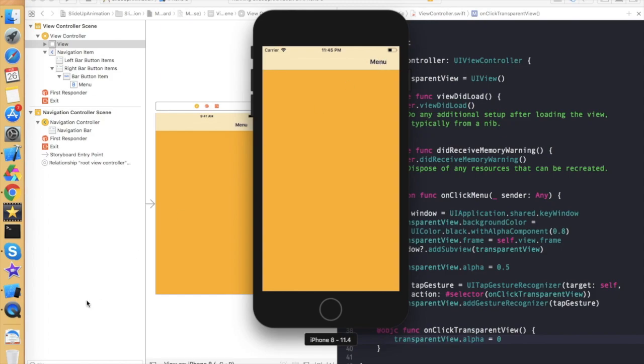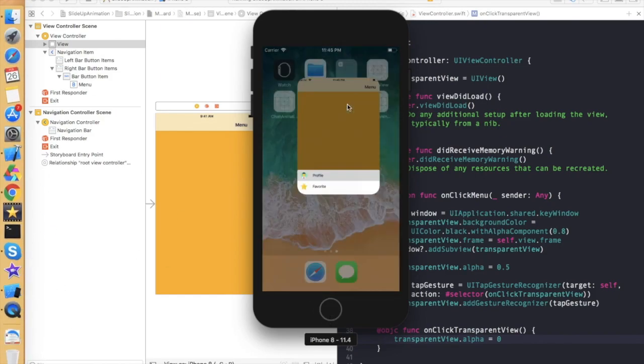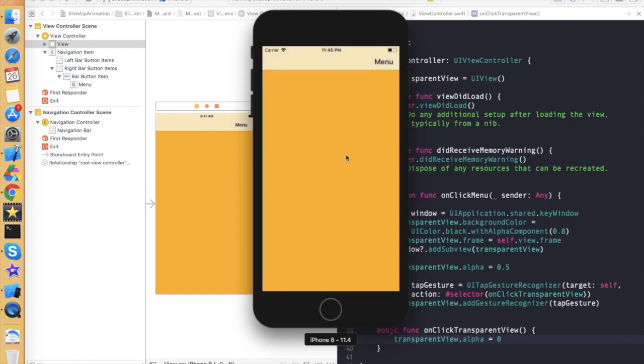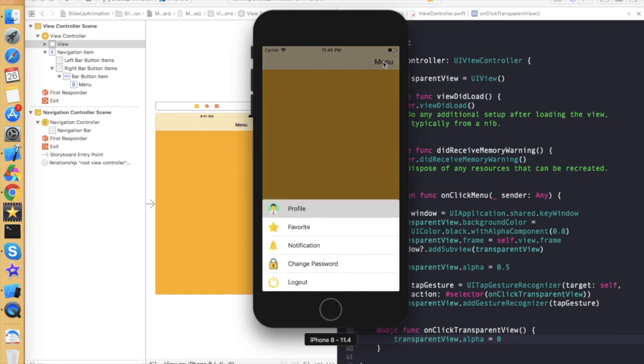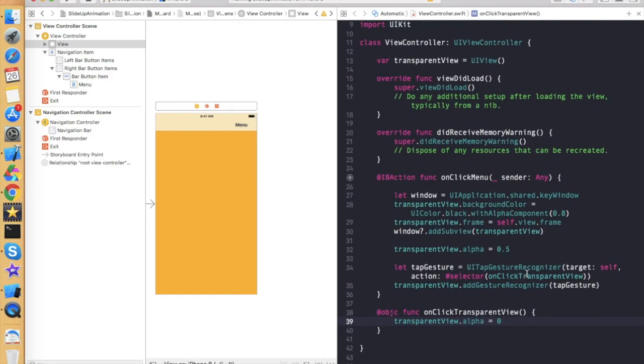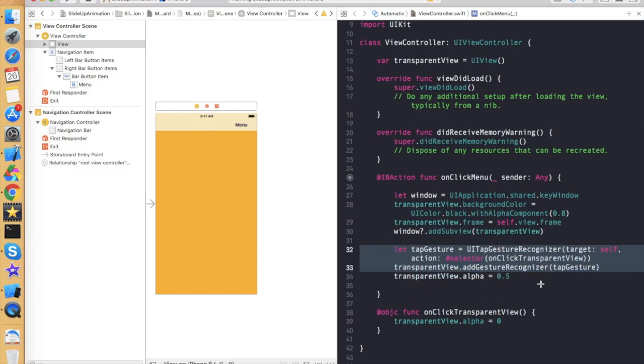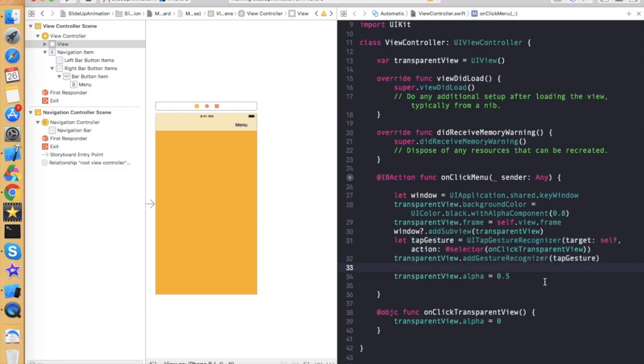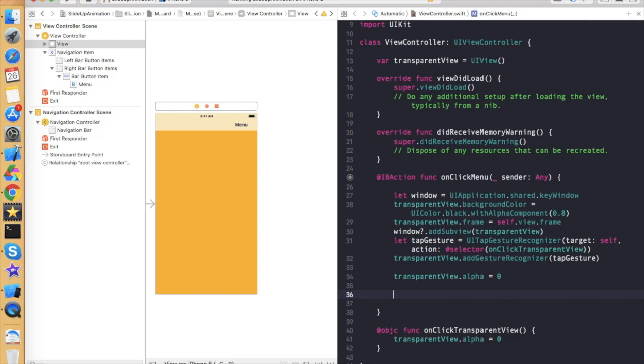But still we are not getting the animation which we have in our demo application. So this is a demo application, and this black view is added on the screen with some animation. For getting that kind of animation, we first need to move this thing at the top like this, and for getting this kind of animation, first let's make this alpha 0, and we will change the alpha in that